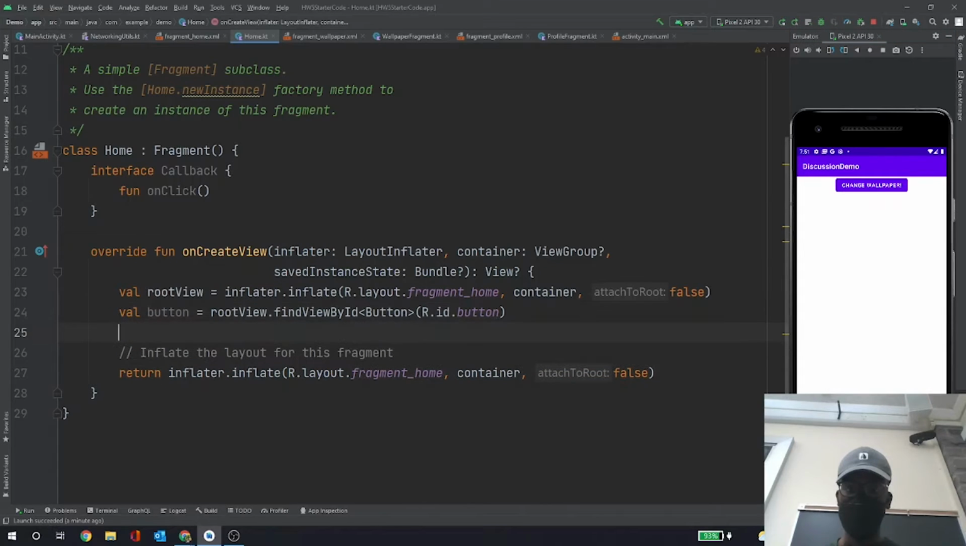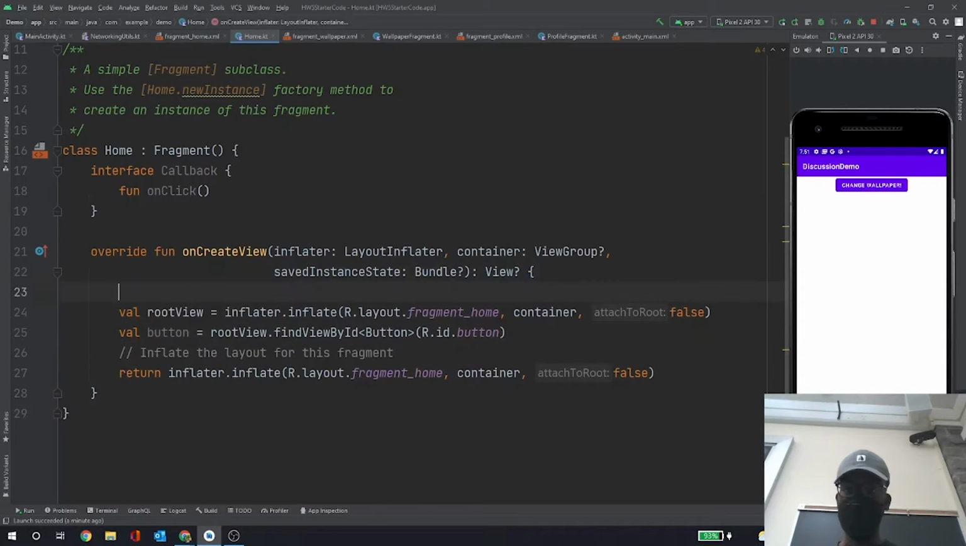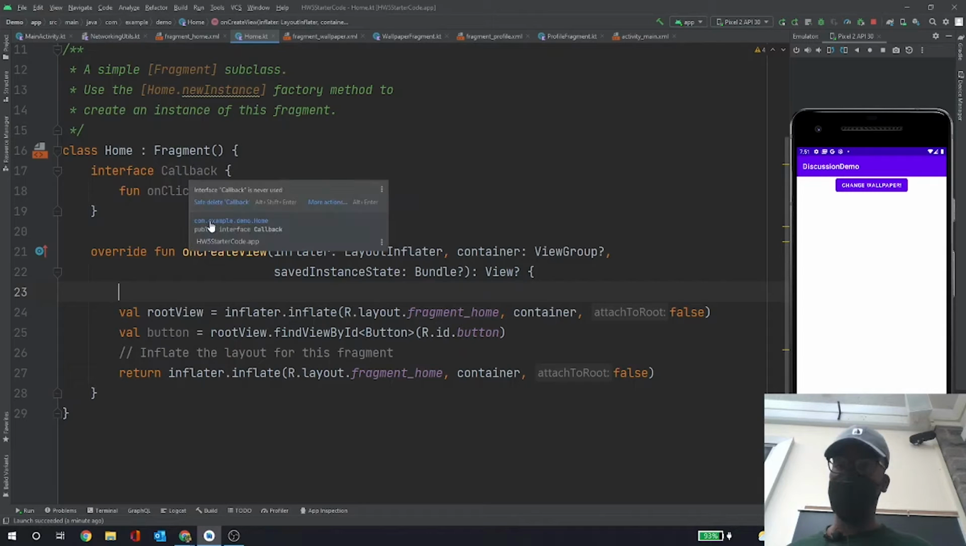Right. So what I first have to do, remember that fragments have to be hosted by some activity. So they act as kind of underneath the activity in the sense that they're attached to the hierarchy, in the life cycle of their activity. So some activity is creating this fragment, and then some activity is also defining this interface for me to call on. So I can get the equivalent